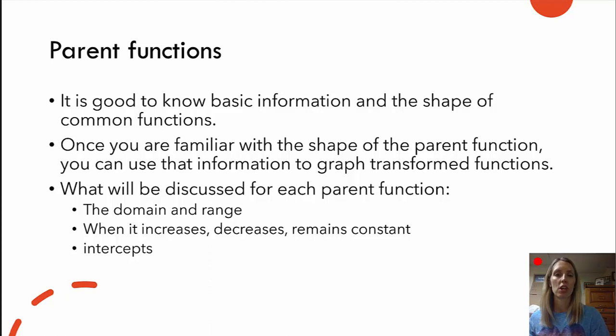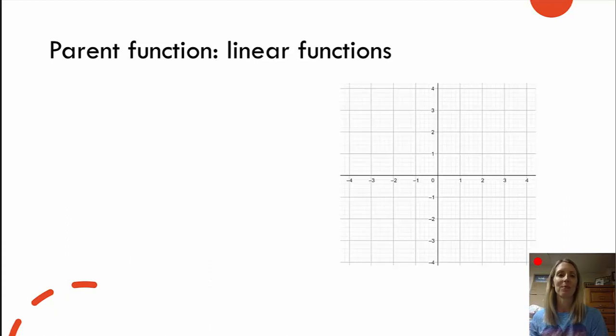Once you are familiar with the shape of the parent function, you can use that information to graph transformed functions of those same type. What we're going to discuss for each parent function is the domain and range, where it increases, decreases, or is constant, and any intercepts that the graph may have. Let's get started. So first we have the linear function, and the parent function for the linear function,